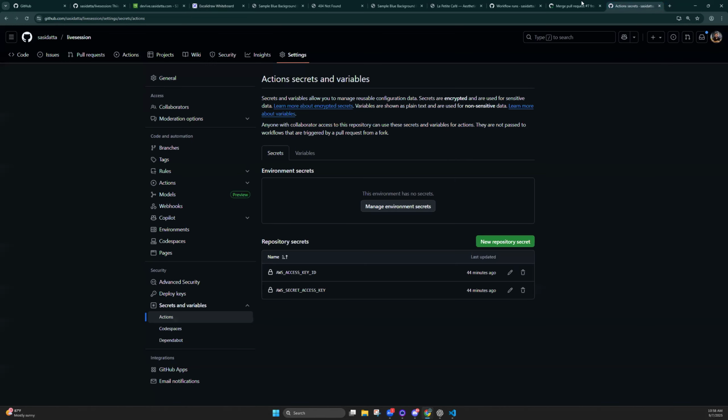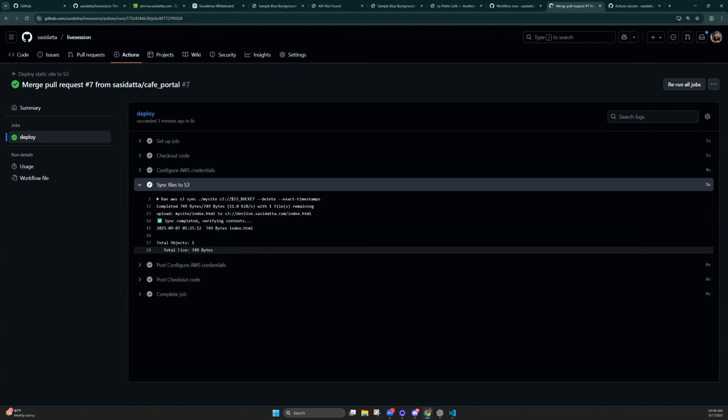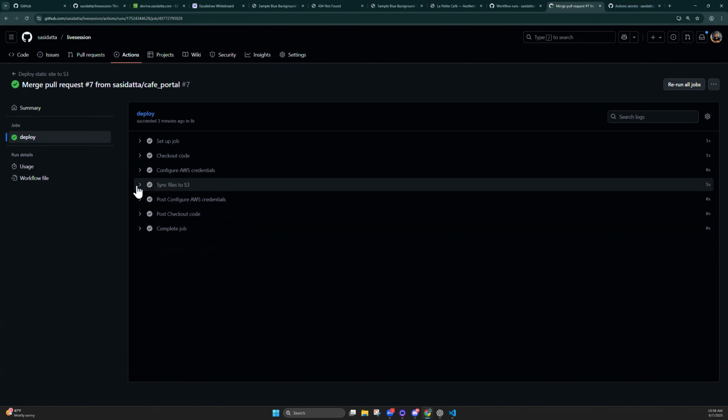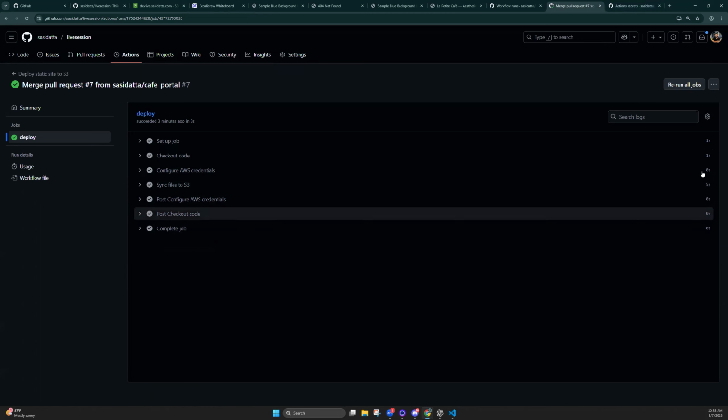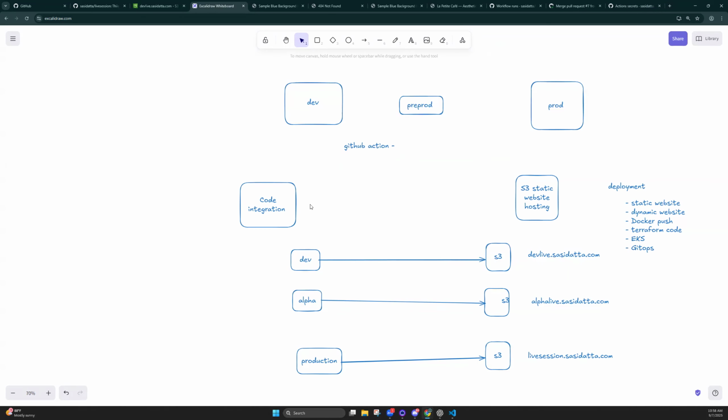So coming back, this is what it's doing. Sync completed, verifying contents. What we are looking for is how much time it took. So 1 second, 1 second, 0 second. This whole thing took 8 seconds to execute. Why I am counting the time is